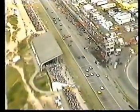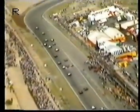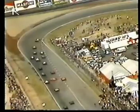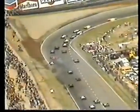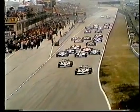And it's still Prost Renault on lap 2, with Arnoux Renault in second position, and we are now obviously looking down at a replay of the start, and you can see how the two Renaults accelerated away. And watch for Villeneuve. Yes, I was looking at that, Murray. I think it was a most unfortunate accident. Villeneuve was going quicker than those two cars, and he went to go between them, which seemed to be a reasonable thing to do, because there was a gap there when he started the manoeuvre, and the two of them